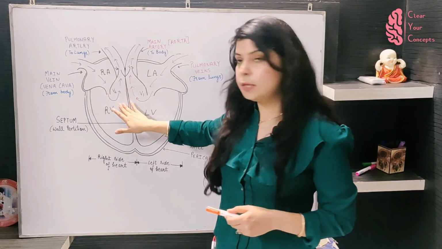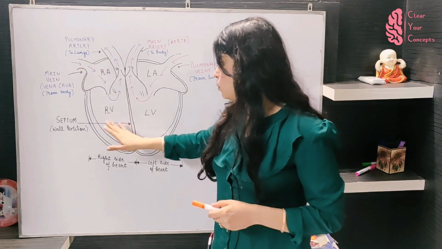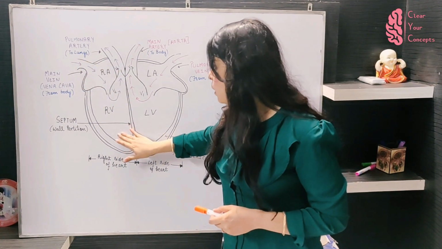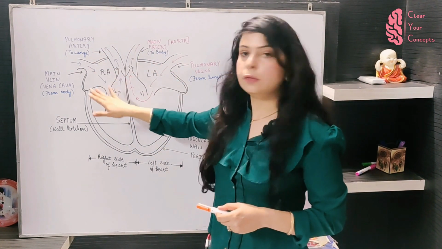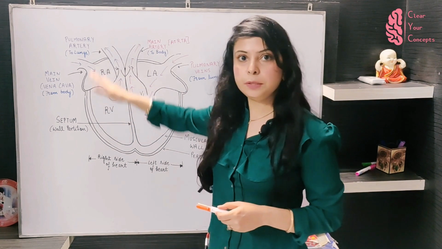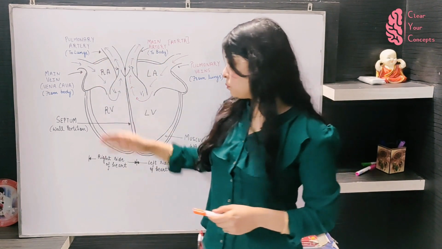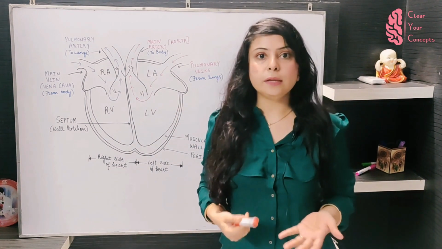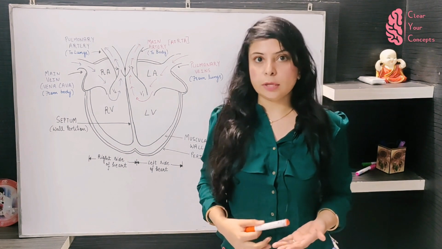And via the tricuspid valve, the deoxygenated blood flows to the ventricle. Now, while the ventricle pumps the blood back to the lungs, this valve prevents the backflow of the blood to the right auricle. Now, the lungs. What does the lung do? The lungs excrete our gaseous waste, that is carbon dioxide, from our body.